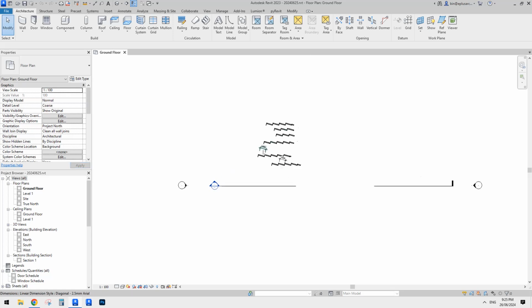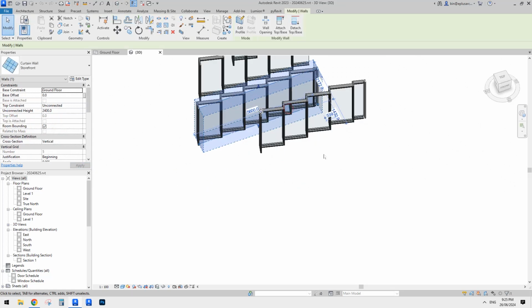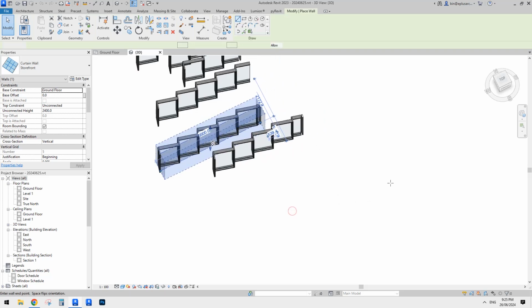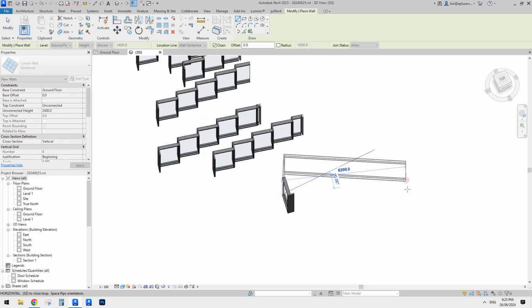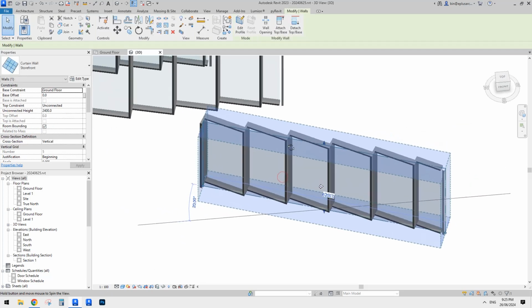Okay, so this is the result. So it's a curtain wall. Okay, very simple curtain wall. It can be placed. Oops, what's this? Okay, so